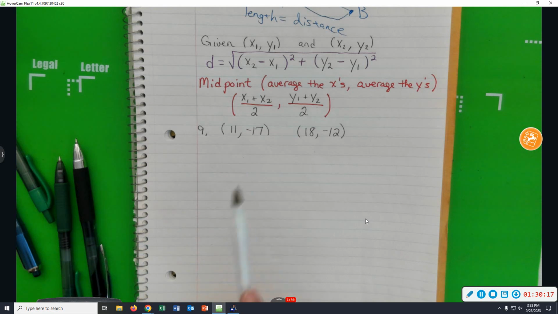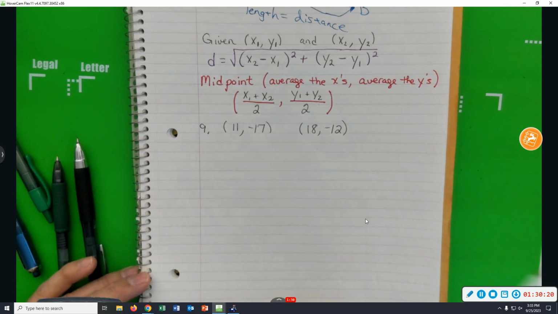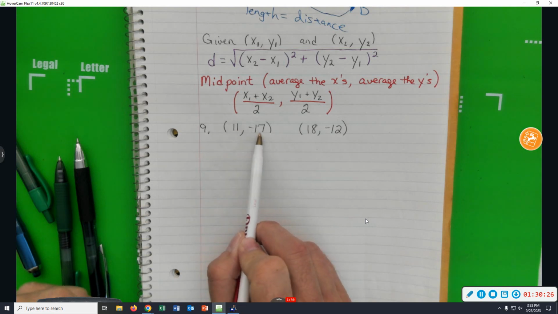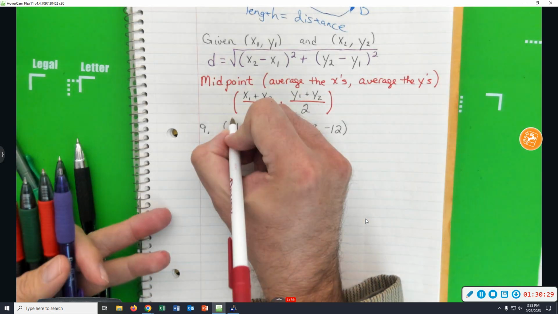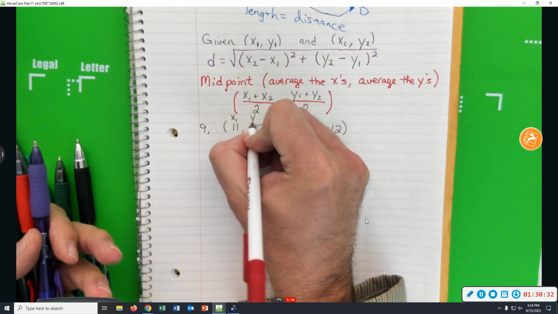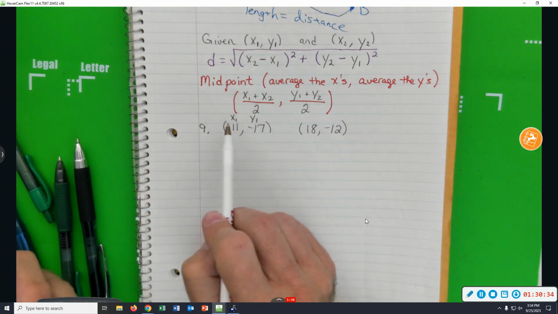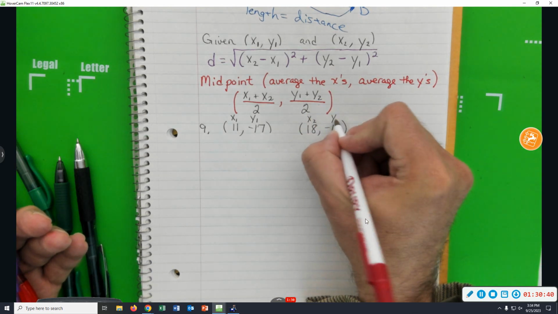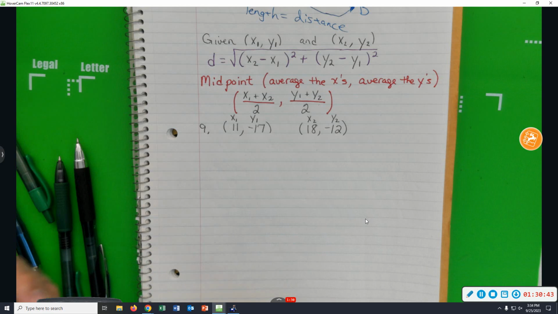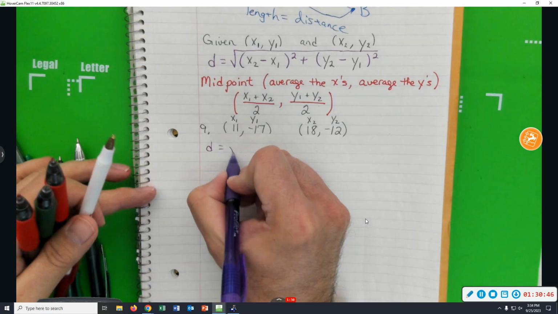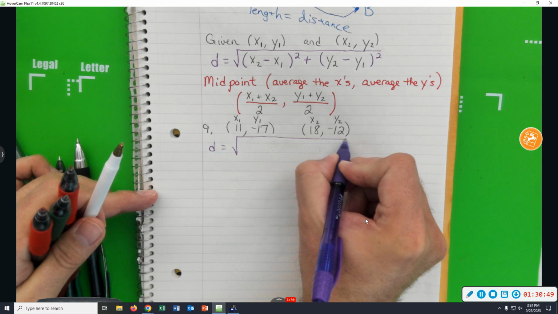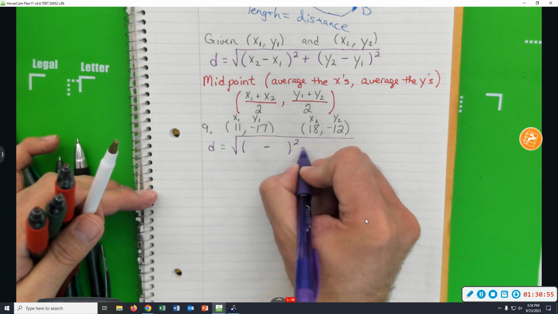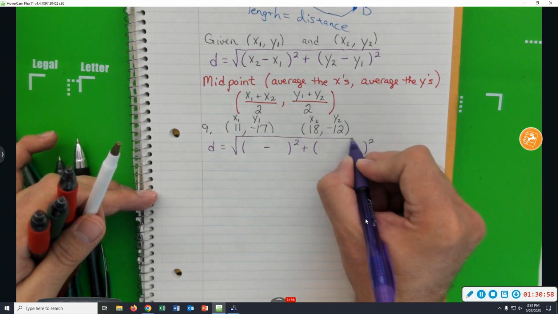Well, first of all, let's label the ordered pairs. This is where I say that sometimes students make mistakes because they'll go x1, x2. No, no, no. These are ordered pairs. Ordered pairs are always xy. First x, first y, second x, second y. I'm just writing down the